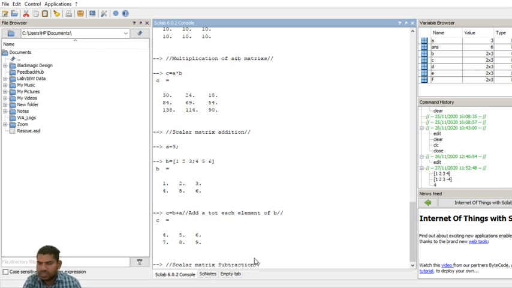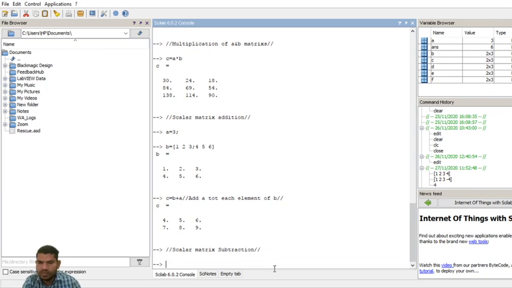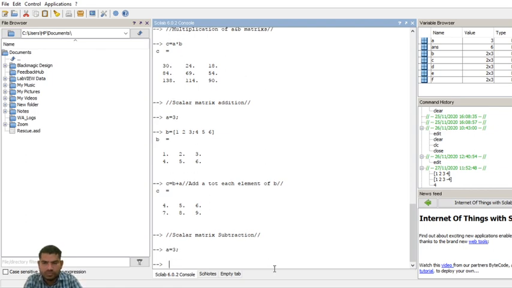Scalar subtraction operation. In the scalar subtraction operation, A is equal to 3, B is equal to 1 comma 2 comma 3, 4 comma 5 comma 6.